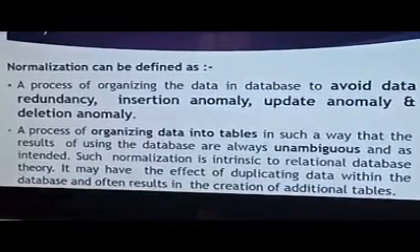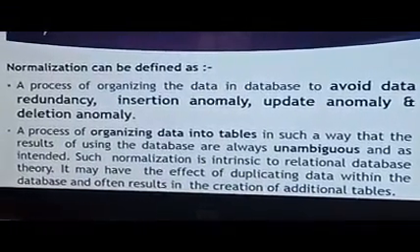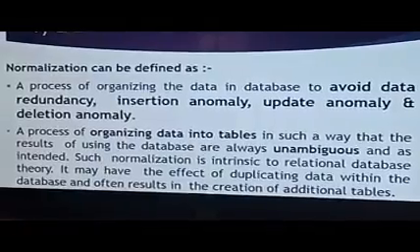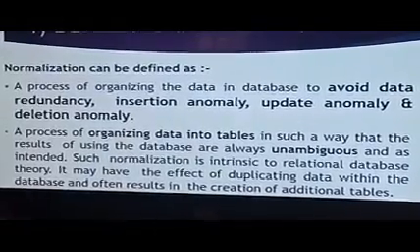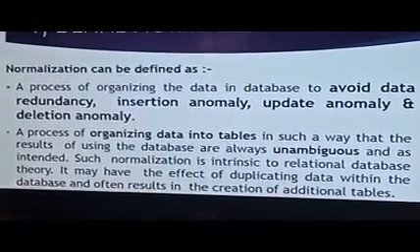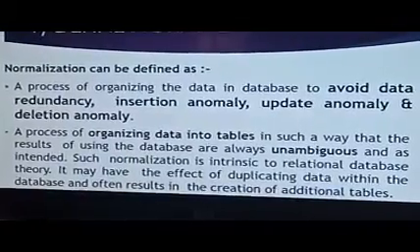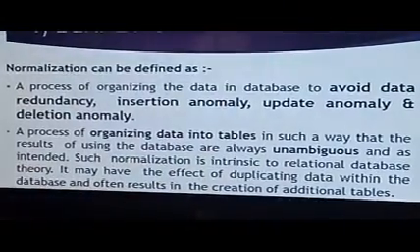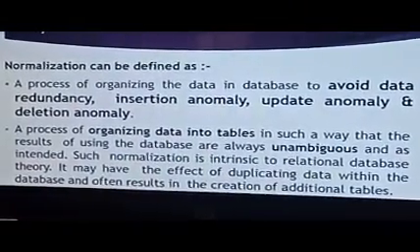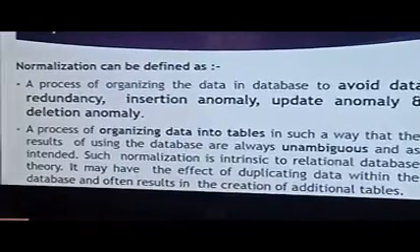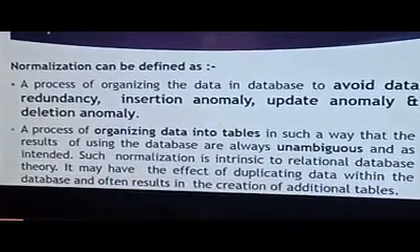In that case your semester marks and all those things have to be modified, or even the address has to be modified. So you have to go to the table and modify it, updating the particular address while the data is in use.